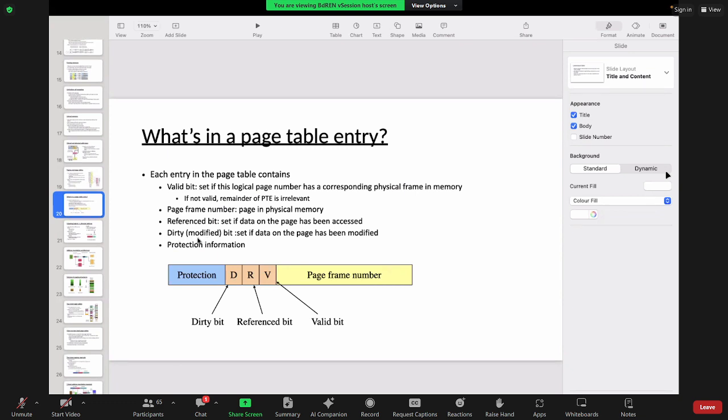Now why are we calling this specially a dirty bit? Because if the data on the page has been modified, it has to go back to the disk so that it is stored there. Otherwise, if the system crashes, or if you want to access this page again, you will not find the modified one. That's why we call it dirty: in the disk there is a clean or original page, and in the main memory this page has been modified with some data. Now it has to go and be available in the disk so that whenever we want to access it next time, or if we want to pause the task now and use it later, it is available. And there is some overhead, protection information.